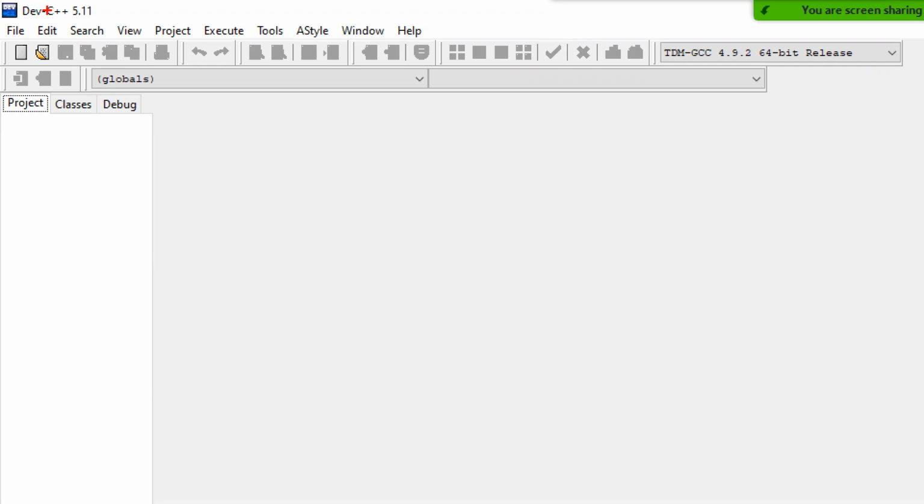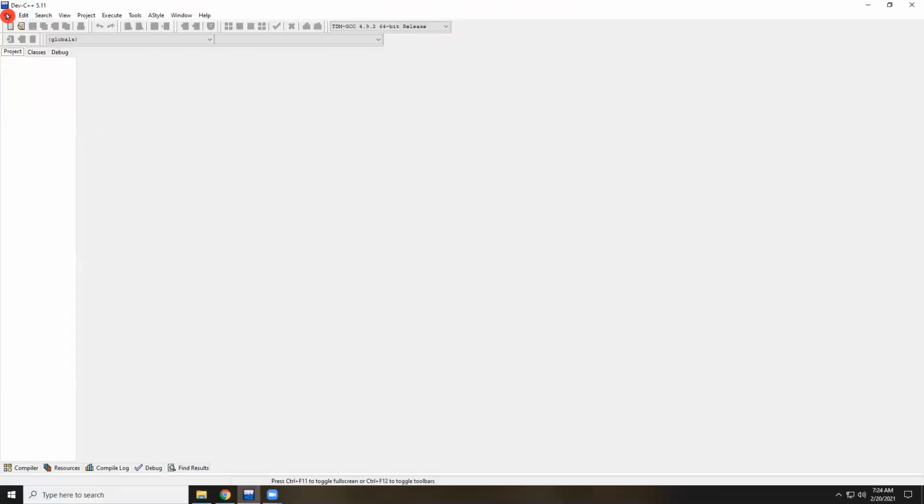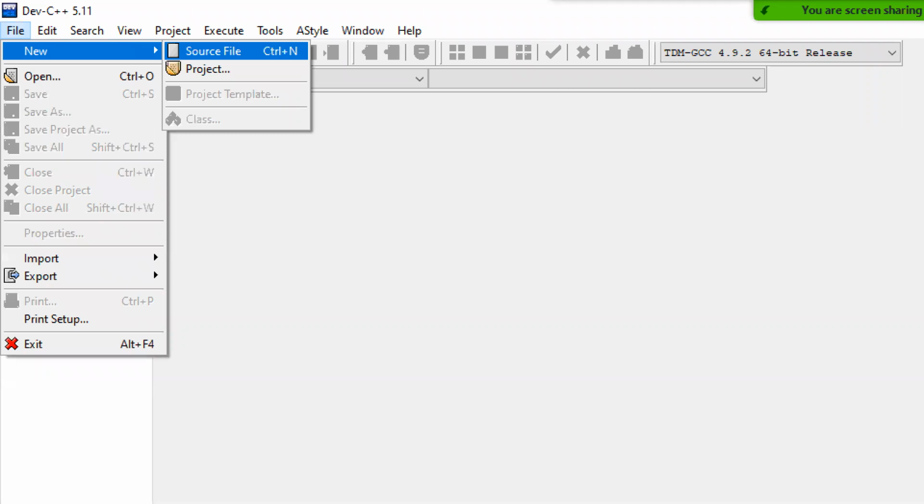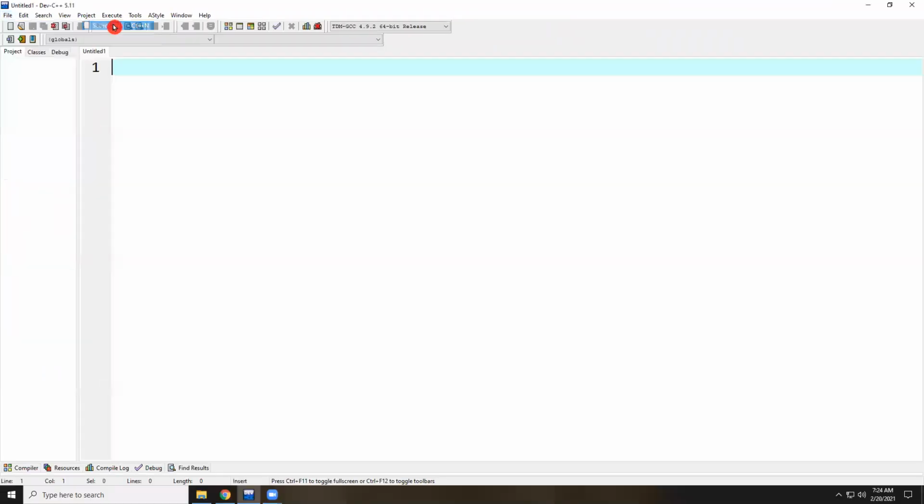So go to File menu and click on New File. Go to file menu, click on new source file. So this is the option. We are opening a new source file in Dev C++. So once we have opened the new source file, then start by saving the application. Go to file menu, click on save application. Okay, fine. So before I start, one comment section,